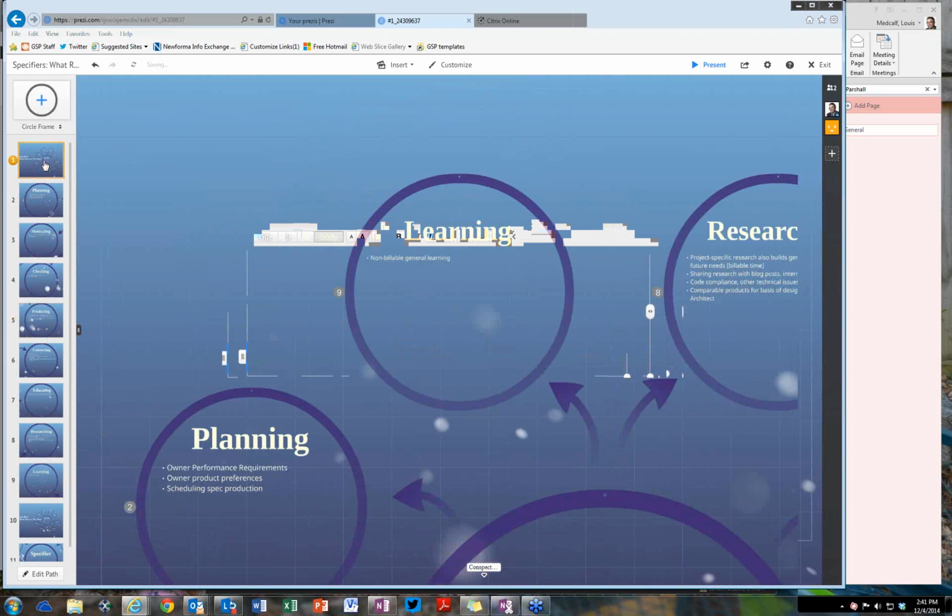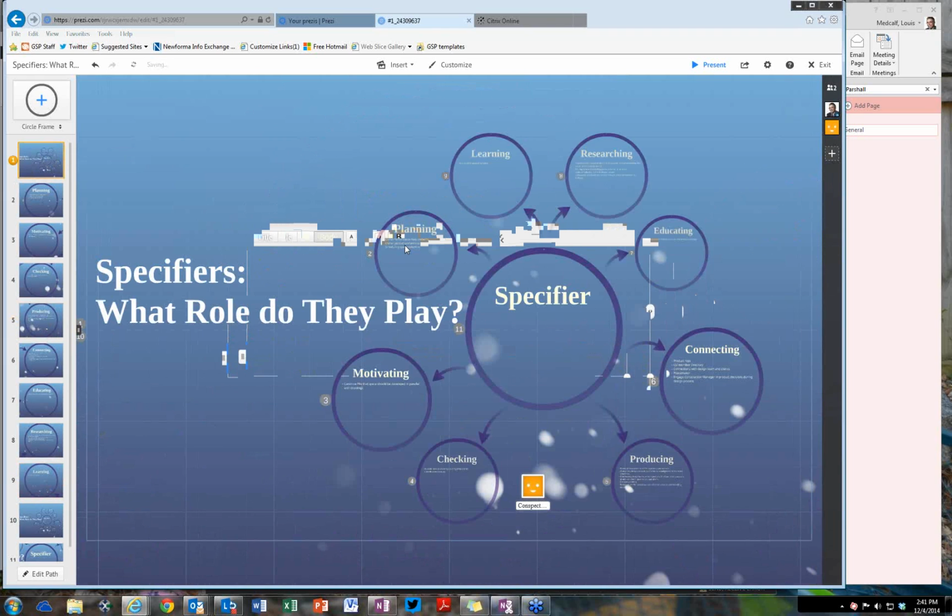There we go. So we have planning, learning, researching, educating, connecting, producing, checking, and motivating. Not necessarily in any kind of chronological sequence or importance sequence. Okay, so if you're ready to hop over to education. Okay, educating it is. All right, so the comment from Steve Groff,